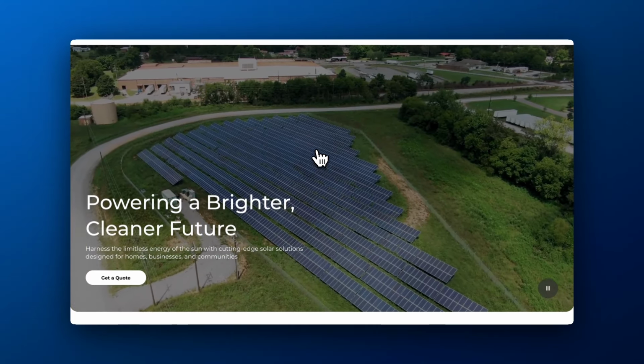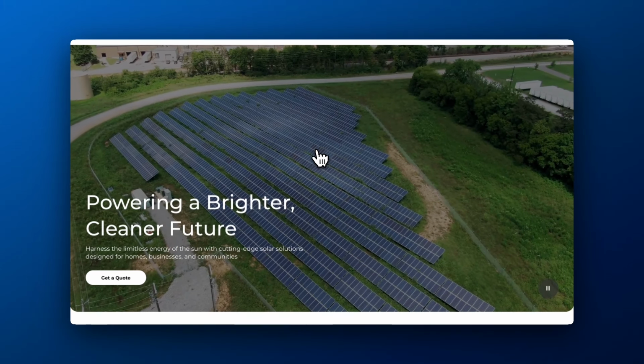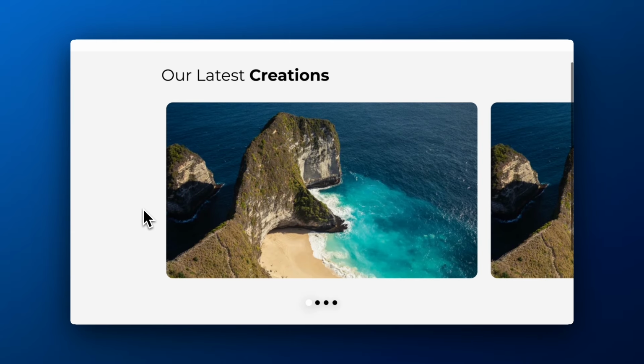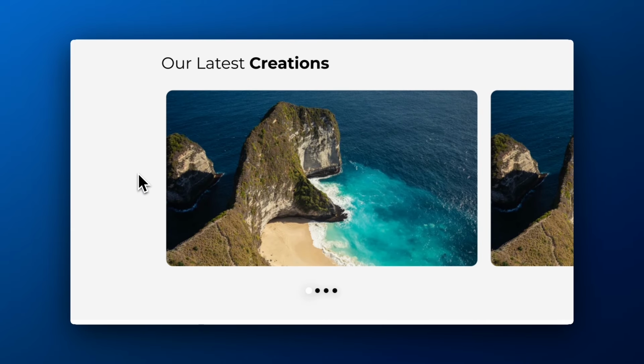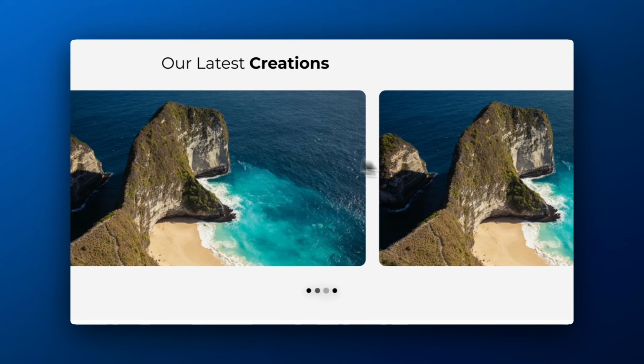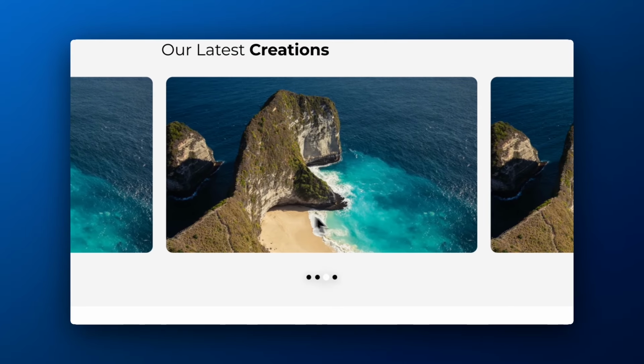But of course, if you have more ideas, just drop them in the comment section down below and I'll try to implement even more. Moving on to a portfolio / image showcase page where we have sections like that, we have this portfolio slider. And as you can see, very simple slider that moves left and right. You have these buttons right here that also show you what image you are looking at, and you can also